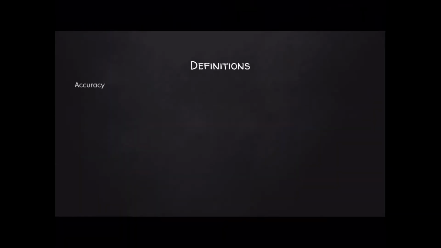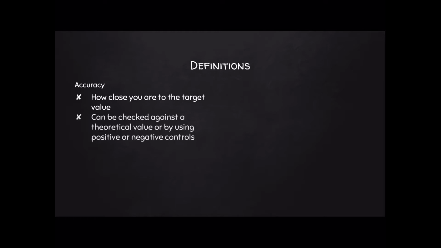Definitions of accuracy. So accuracy is how close you are to your target value. This can also sometimes be called the theoretical value or the known value. You can check it against these values, or you can use positive or negative controls, which we'll talk a little bit more about next semester. This semester, we're mostly going to be able to check our results against a theoretical value. And what a theoretical value is